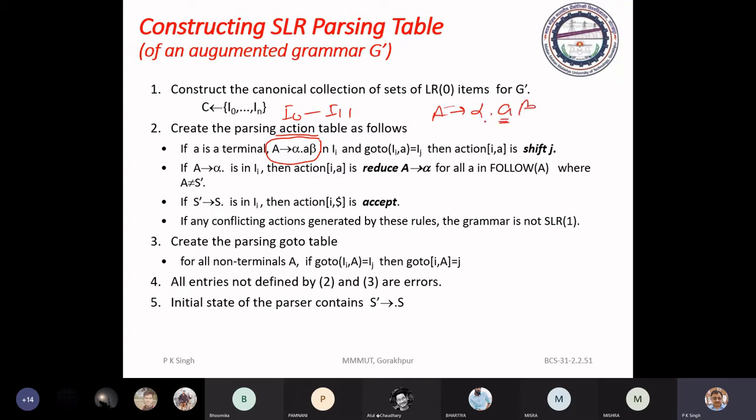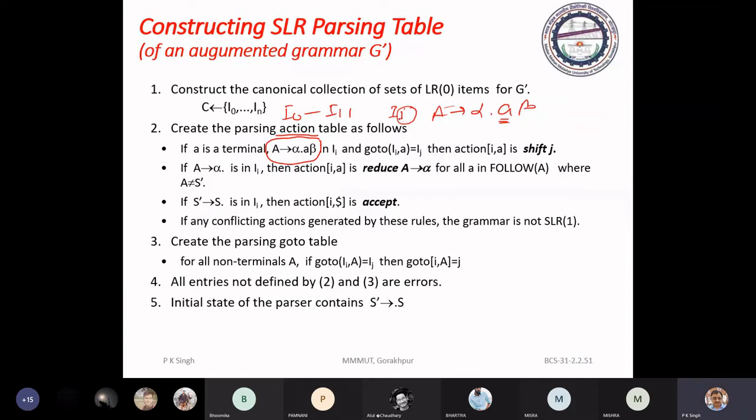So if we have a terminal symbol just after the dot for a particular item in item set Ii, then in state i, I have told you that for each collection of LR0 item sets, we introduce a state in the parsing table.